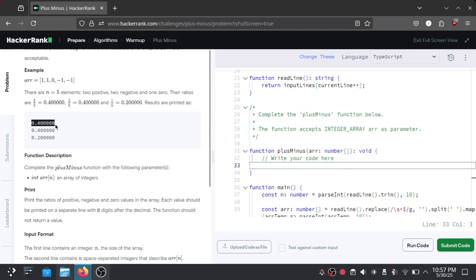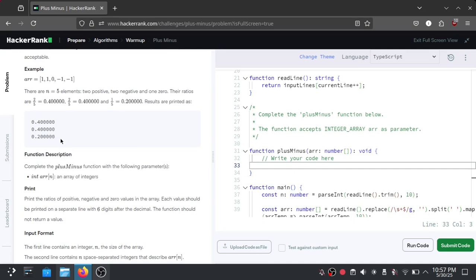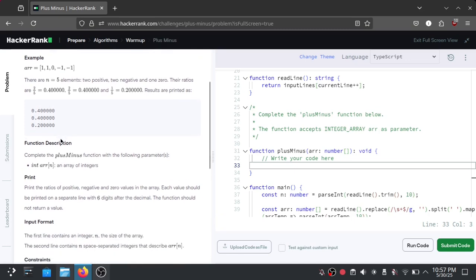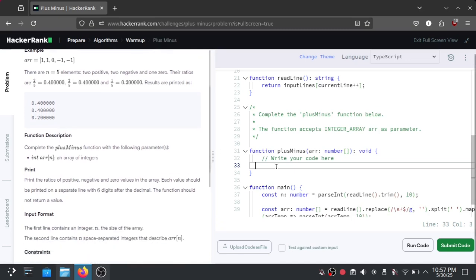So the first line prints the ratio of the positive numbers, the second line prints the ratio of the negative numbers, and the final line prints how many zeros are in the array, also in the form of a ratio. So without further ado, let's solve this.